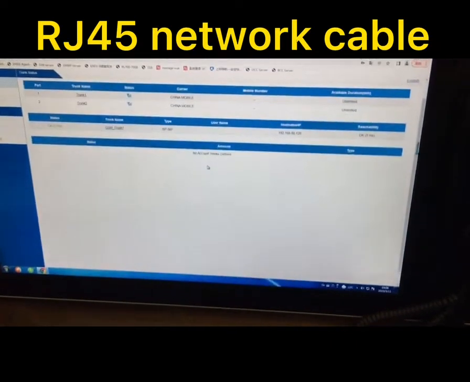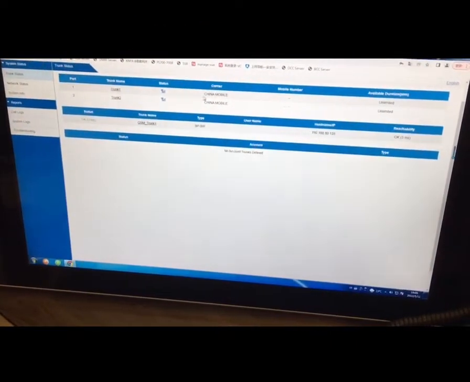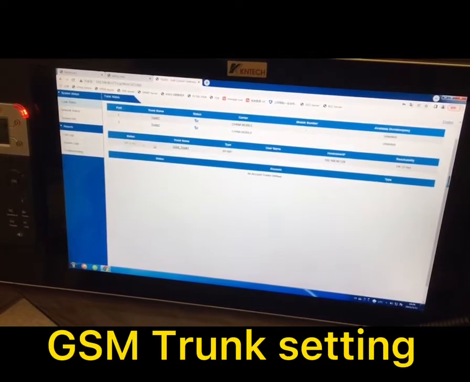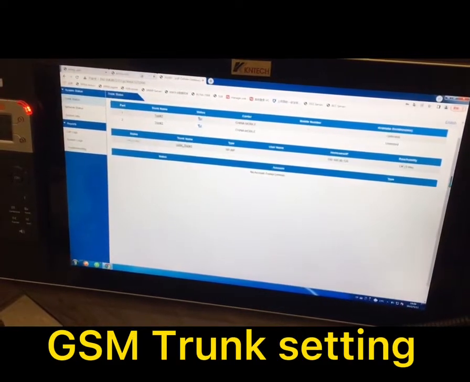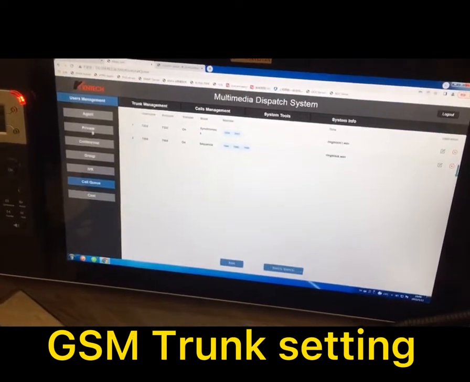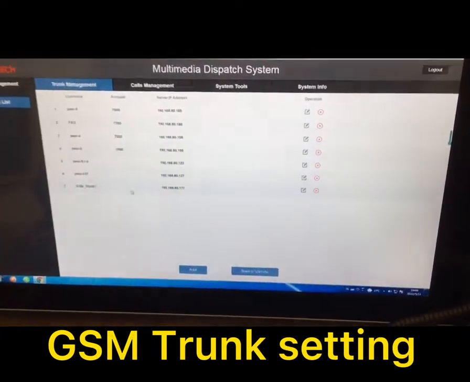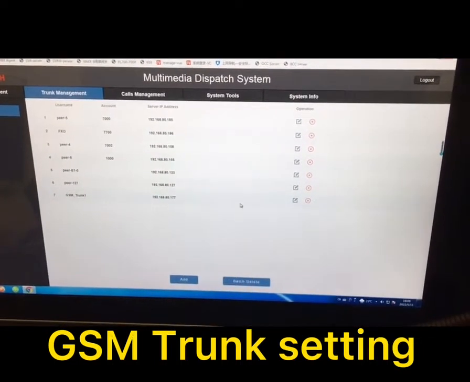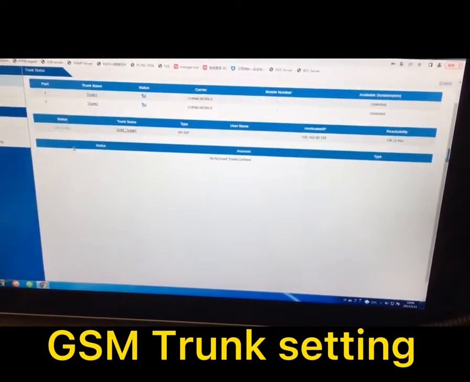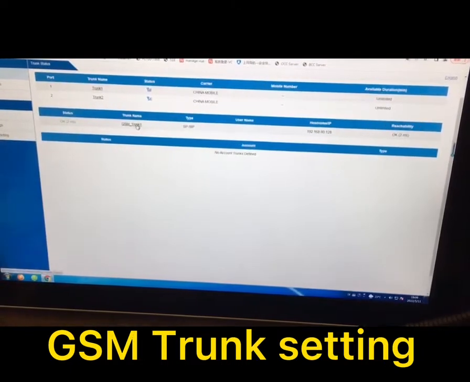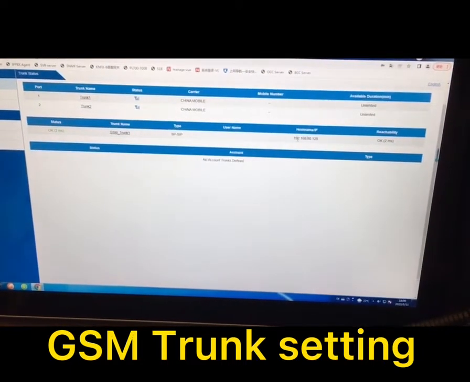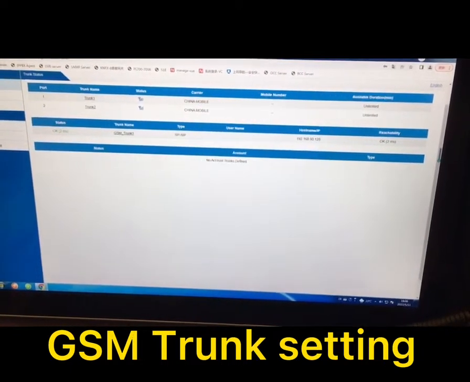This is the setting page of the GSM Gateway. You can see the 2 SIM cards, China Mobile, GSM trunk to our SIP server, trunk management, and GSM trunk. This part should be the same as the GSM Gateway: GSM trunk name and type, and the server IP,